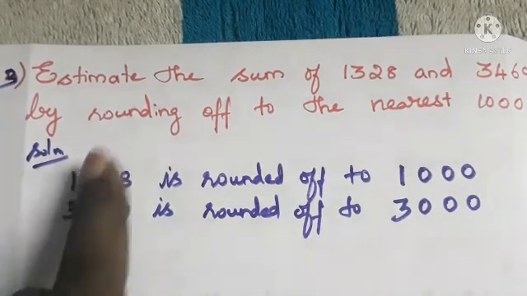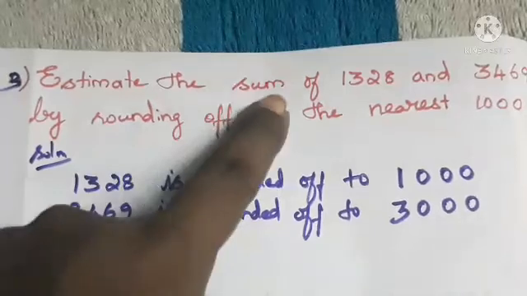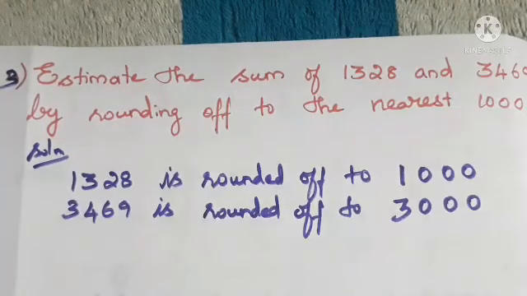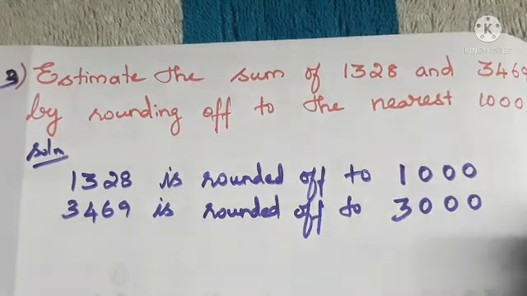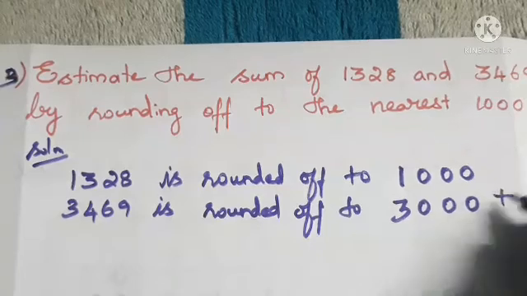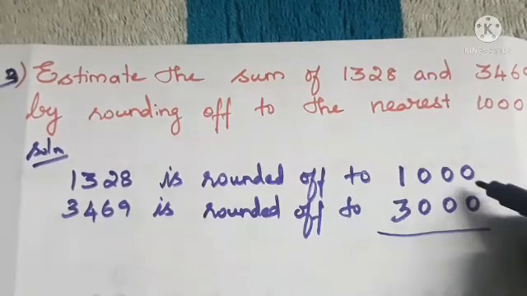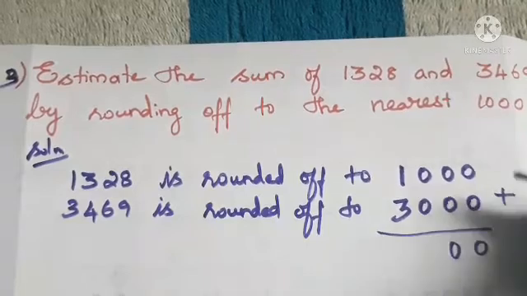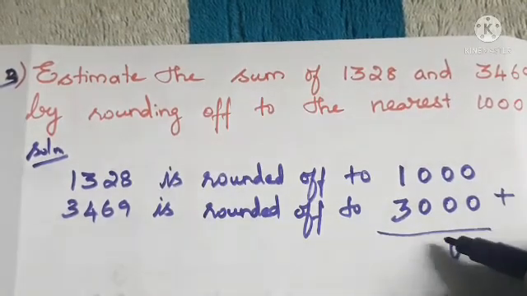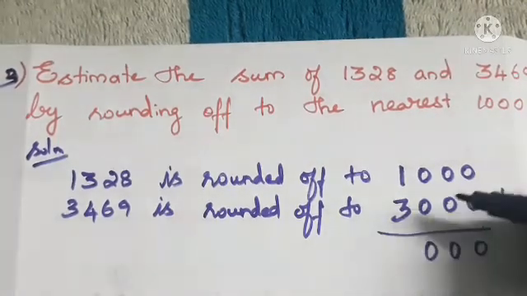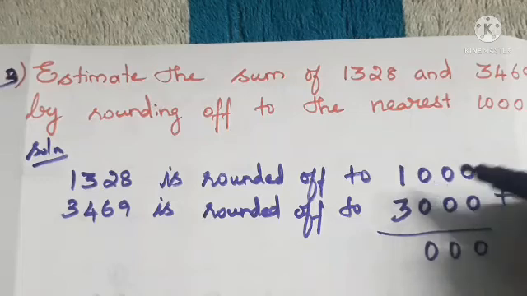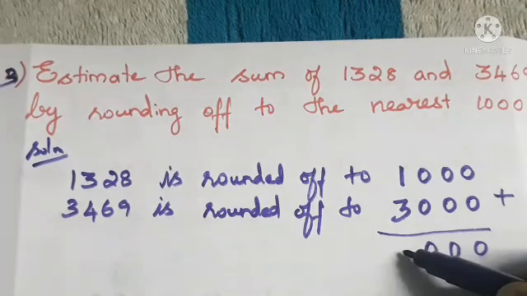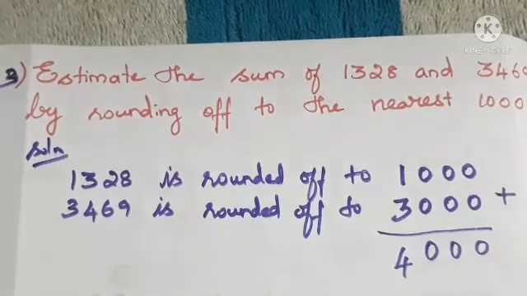And they asked us to estimate the sum. We have to find the estimate of the sum. So we have to add. We put the plus symbol and add. 0 plus 0 is 0. Next 0 plus 0, again 0, and next also 0 plus 0. So we get 0. Then 1 plus 3, that means 3 plus 1. 3 in the mind, take one finger. So what's the answer? 3 plus 1 is 4. So our estimate sum is what, ma? 4000. So we can write the answer.